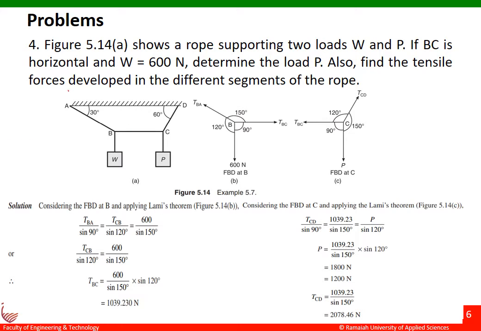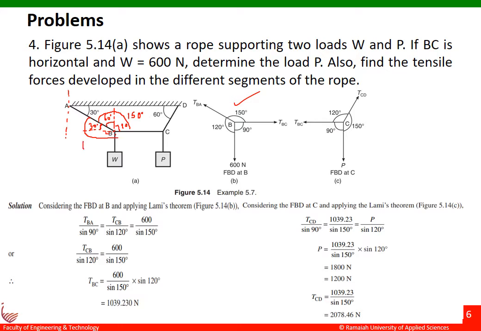So if this is 30 degrees, what will be this one? Let me draw a perpendicular like this, and then let me draw a perpendicular here also, and then vertical here also. If this is 30 degrees, this will also be 30 degrees, and then this will be 60 degrees, and this will be 90 degrees. So the angle made by this would be 90 plus 60, it will be 150 degrees.